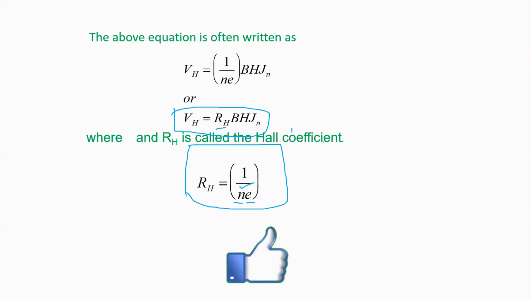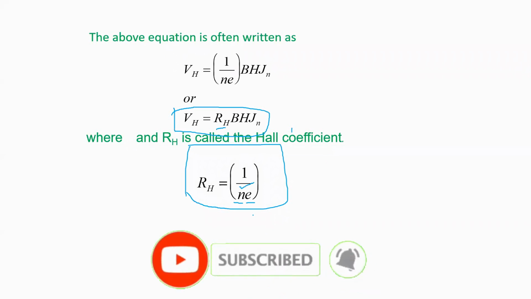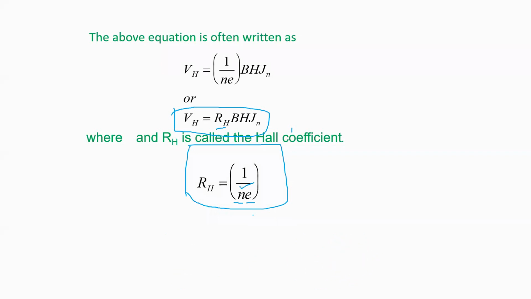But you should get the idea if somebody asks you that if this is the semiconductor and you want to know the type of semiconductor, you want to know the mobility, what is the setup you're going to use. So Hall effect is the one. So you go through this. This gives you very good idea. And in the coming classes, we will be discussing about your numericals and all. So that's all for today.